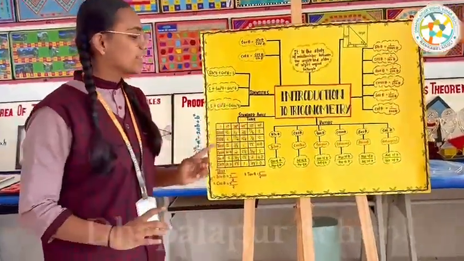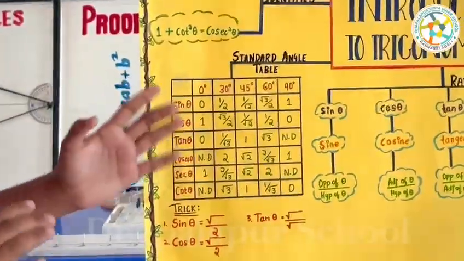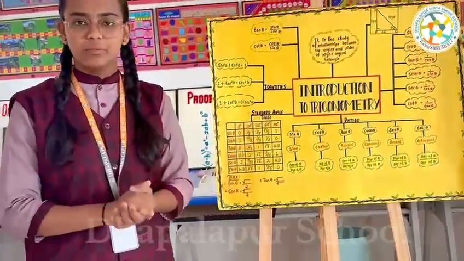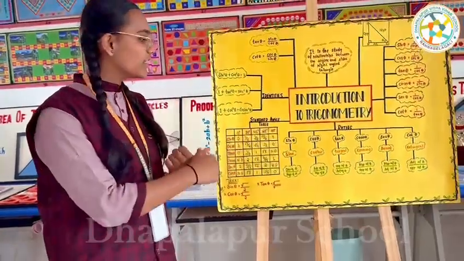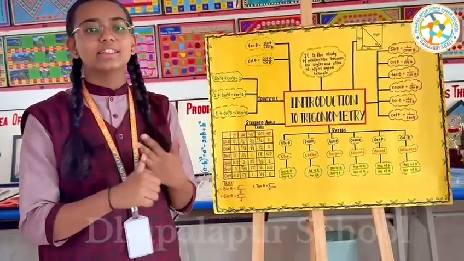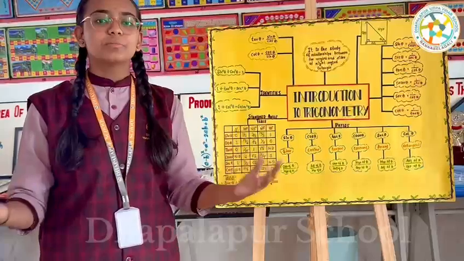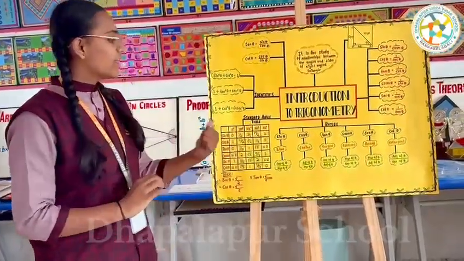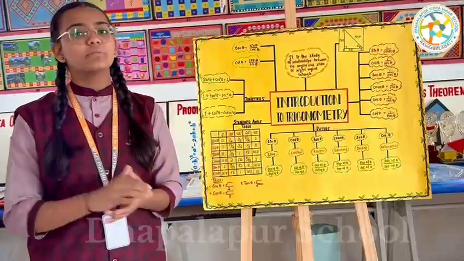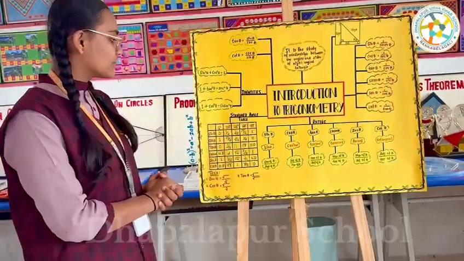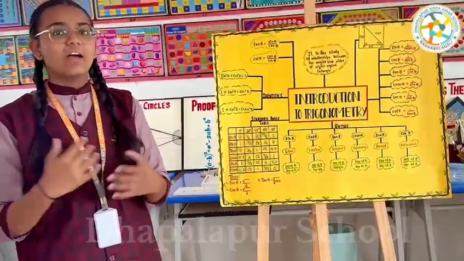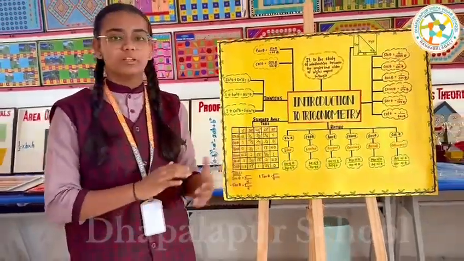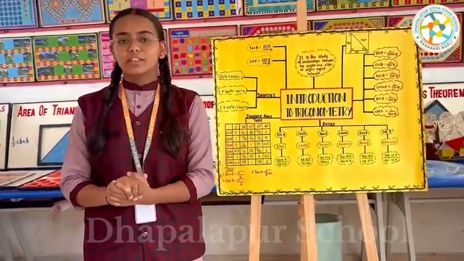Now, if you look at the corner of this chart, you can see a table. What's this table? It's nothing but the standard angle table. At special angles like 0 degree, 30 degree, 45 degree, 60 degree, and 90 degree, some specific values are given that are used in calculations. There are a total of 30 values, which seems confusing for all of us. So, without memorizing, I have come up with a trick that helps all of us to remember this, just by using 5 fingers.